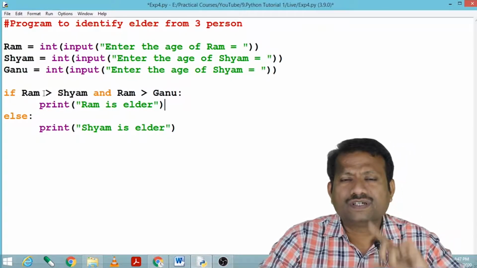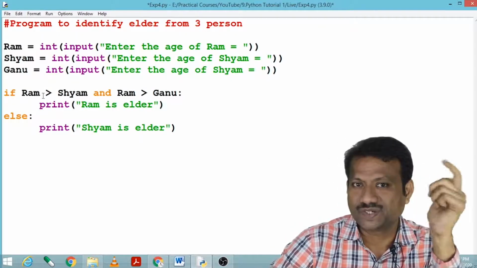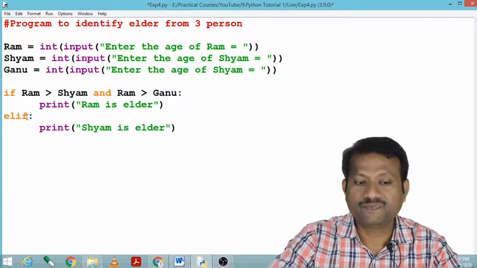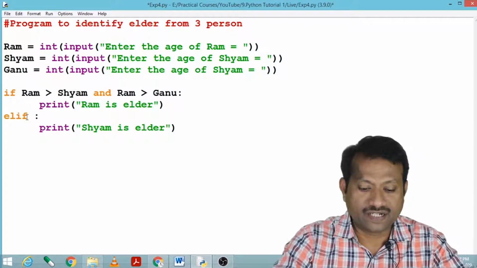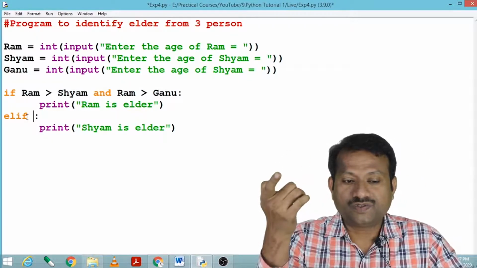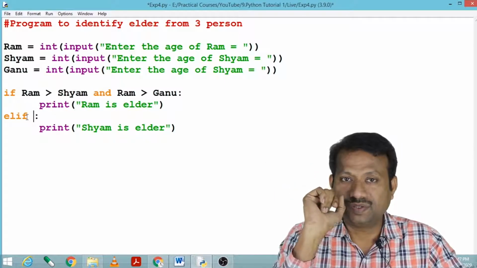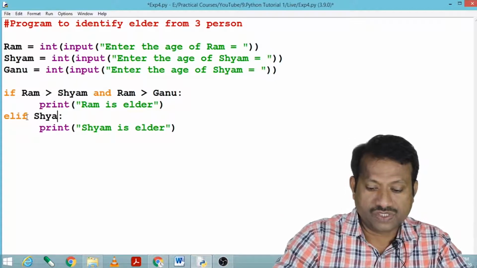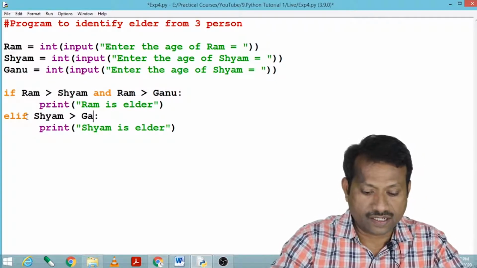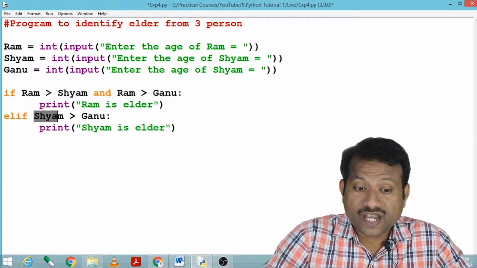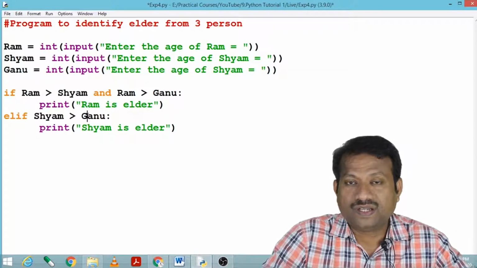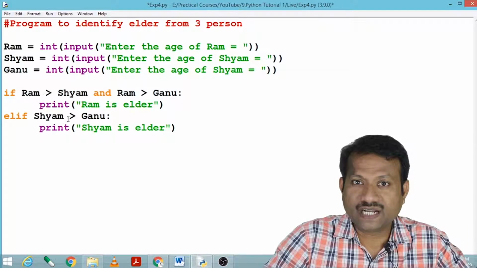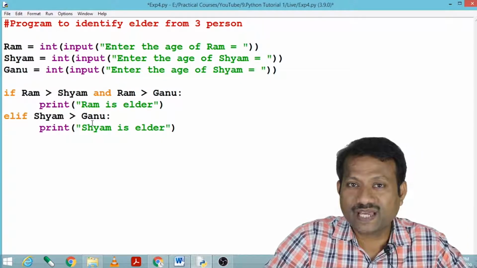Now suppose the first statement is false, so definitely it will go into else, but here I need to check another condition. So here I say else if, and here I put that condition. If the first condition is false, definitely Ram is not elder than either Shyam or Ganu. So here I write Shyam is greater than Ganu. If this statement becomes true, it means that Shyam is definitely greater than Ganu as well as Ram.